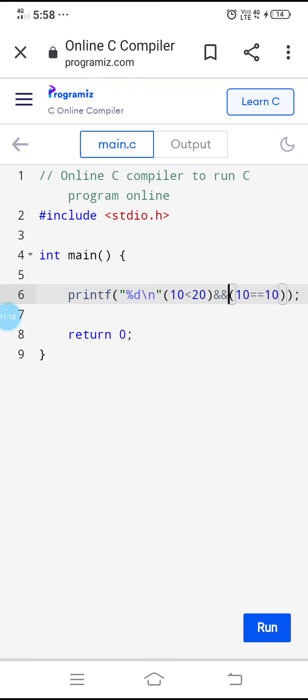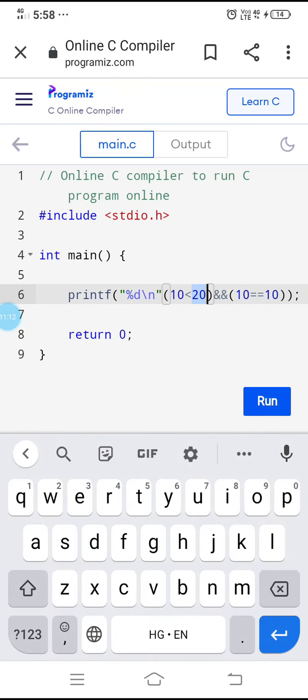Here 10 is less than 20. Is that true or false? Yes, this is true. Now 10 double equal to 10, this is also true. So true and true is what? True only. True means 1 only.